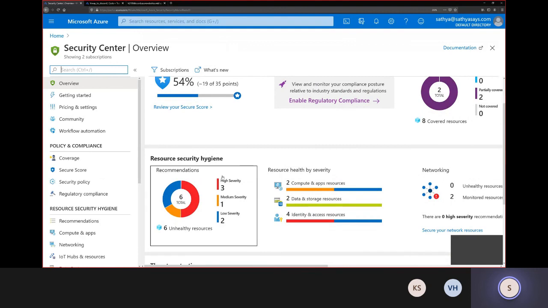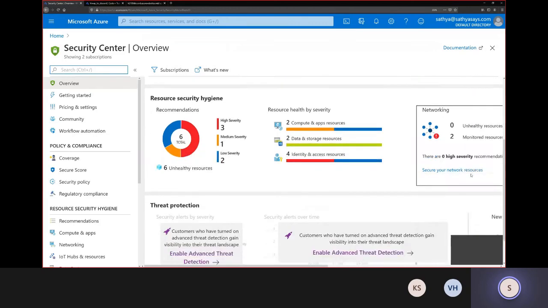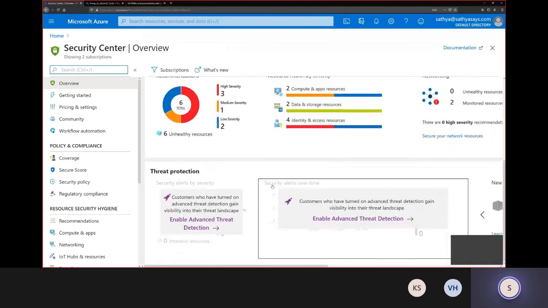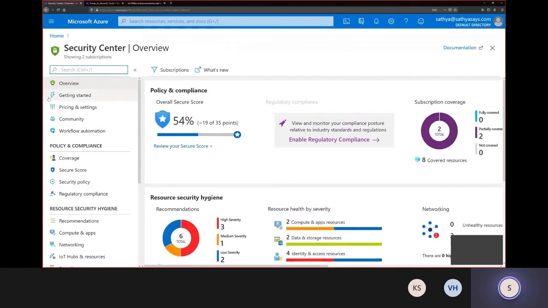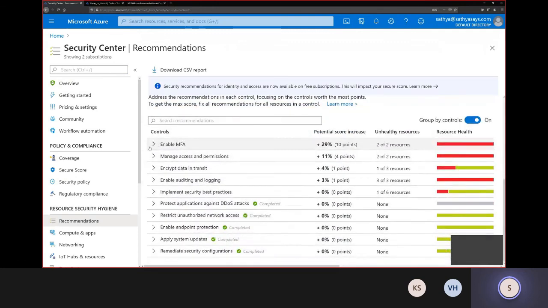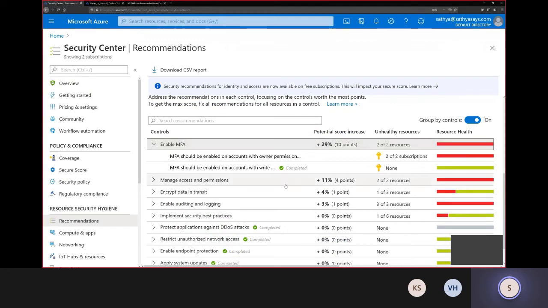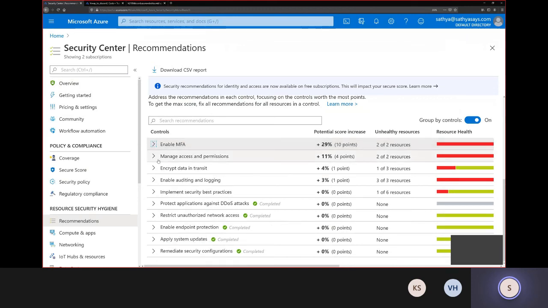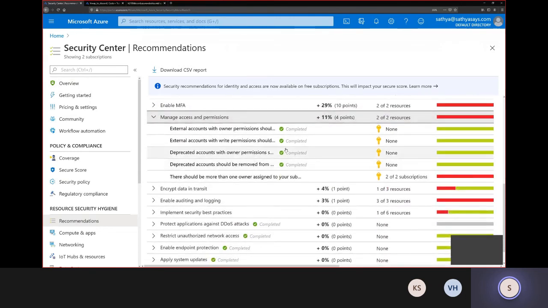Okay, so you can look at a severity level: high security, medium security, low security. You can look at threat protection. There's a lot of things that you can look at, but if you look at the recommendations, now you can start deep diving in. It says enable MFA. Although I do have MFA, for some reason it does not detect it as having MFA. I'm not sure why, but I'll bring it up with the Azure team at some other point. But you can see